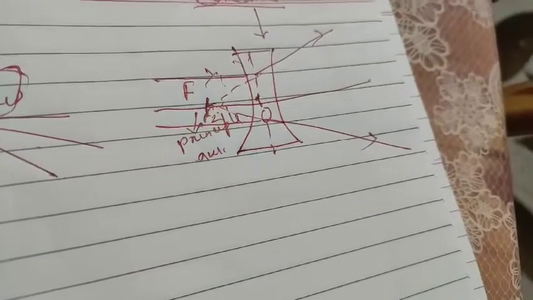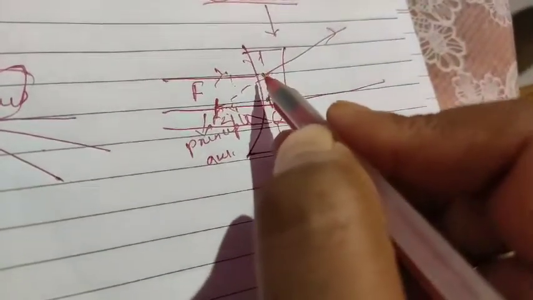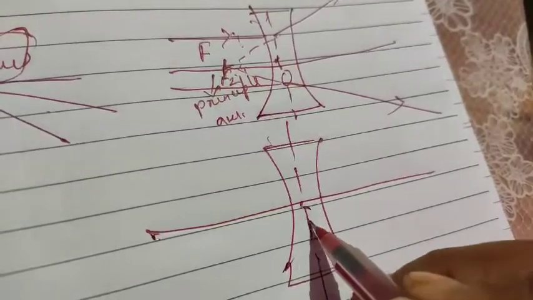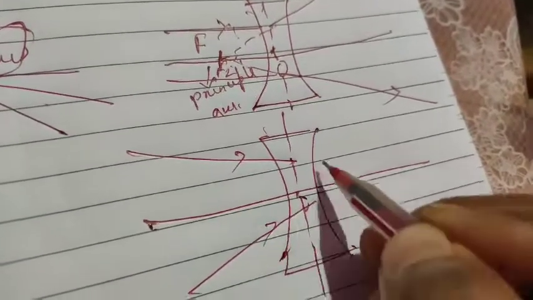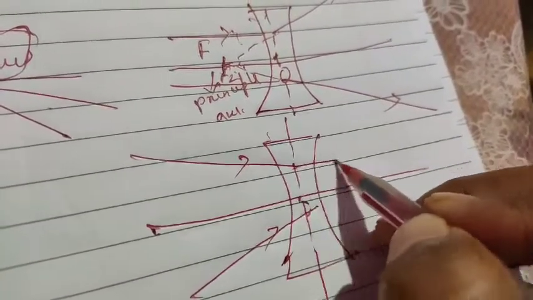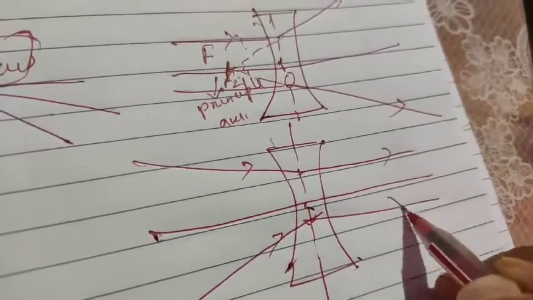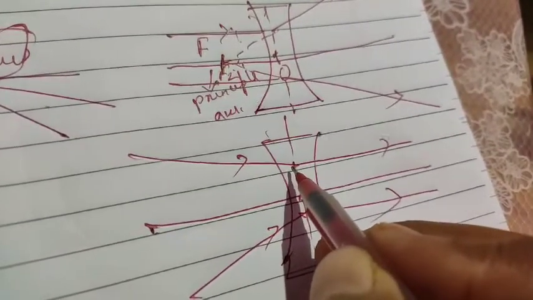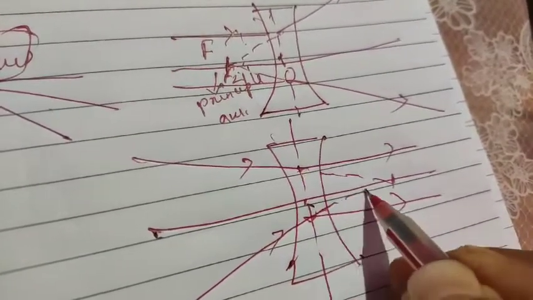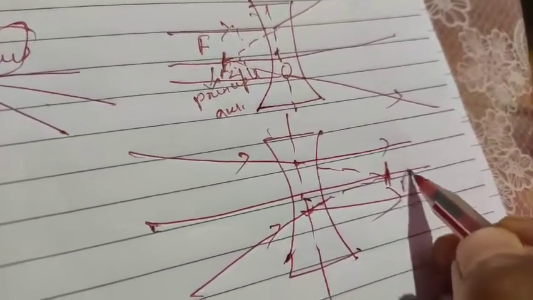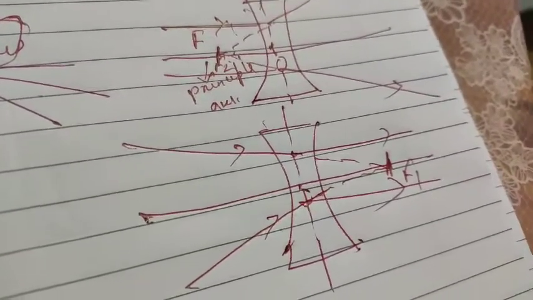Suppose you want to show another focus F1, you take another ray like this. Now this ray should not be parallel to the principal axis. It is coming from far away distance like this. Like this it is not parallel to the principal axis. Clear? Now after refraction it is parallel, but now you cannot join it. What you have to take, student? You can take the incident ray dotted like this. It will meet at this focus F.